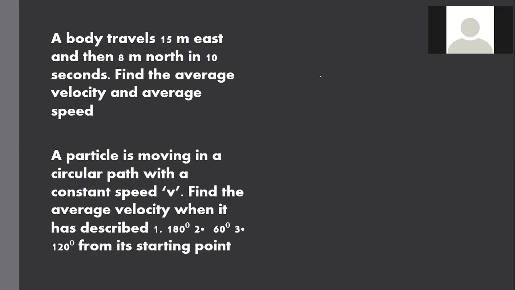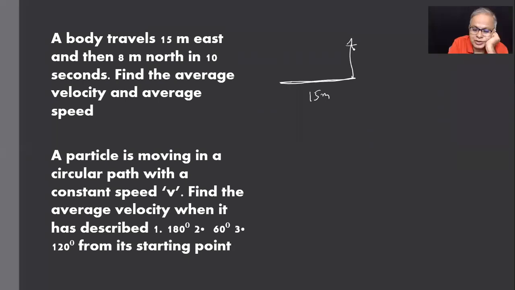Sir, I got V average 0.7 and 1.7 meter per second. What should I do? Let me draw the figure first. A right angle triangle like this. How much is this? 15 meters east, and then north 10 meters. We can see this is east, that is north. And for displacement, I took the height. This is 8.